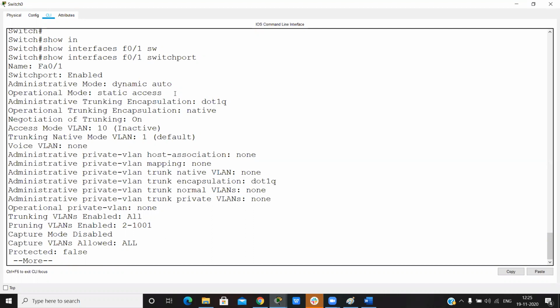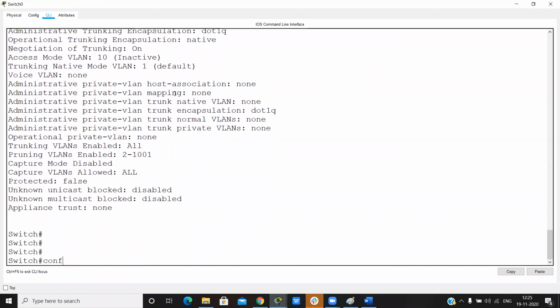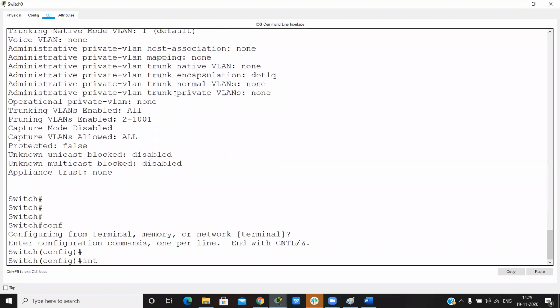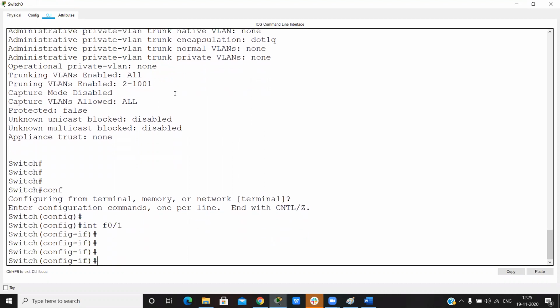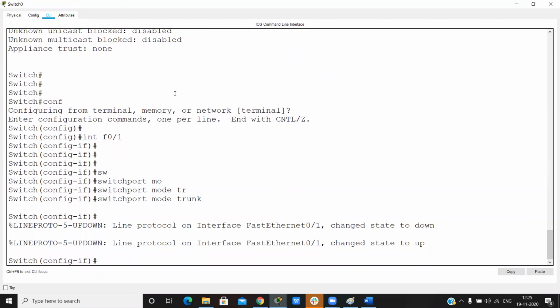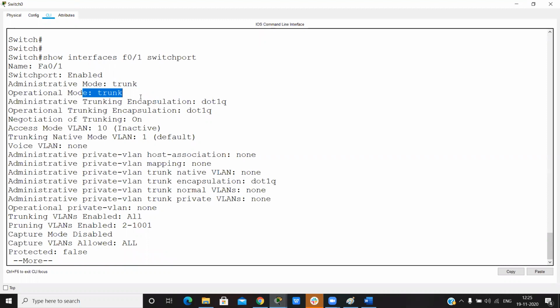If we want to configure this one as a trunk, go into global configuration mode, then interface F0/1 and switchport mode trunk. So you can check, this one has become a trunk.